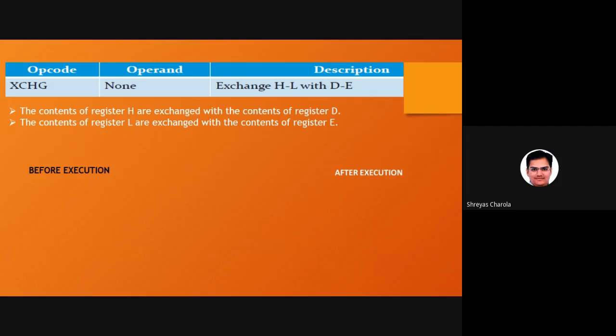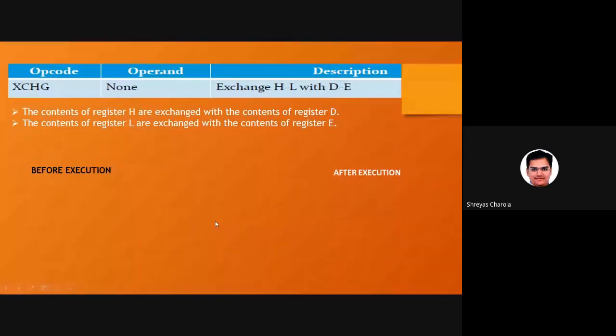Okay, very good afternoon all. So let us go with the instructions, whether you know it or not. I hope this instruction has been clear. That is an exchange. It exchanges the DE and HL pair, and that is what we call an exchange instruction. There are the 4 experiments we had uploaded in the canvas. So before the deadline, upload all the 4.